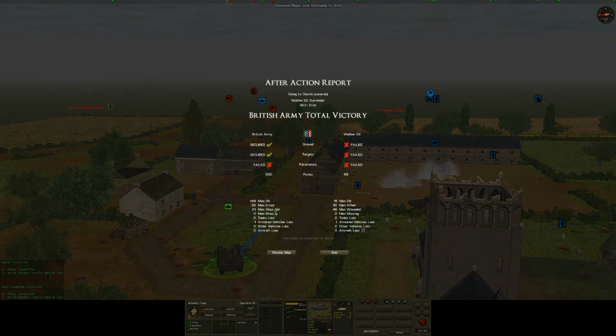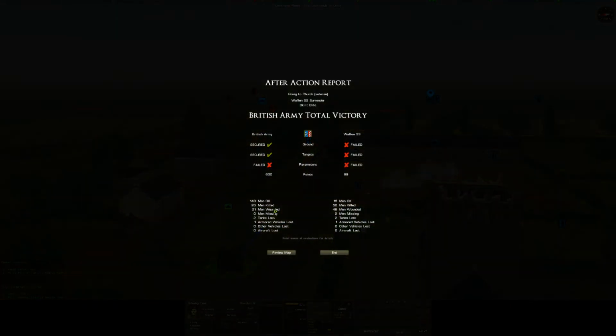Command phase, 2 minutes left. Never mind, they surrendered. Excellent. Okay, good. Yeah, no, I was quite happy with the last 10 minutes there. I feel like we managed that without taking really too many unnecessary casualties. We did lose 47 overall. That feels high, but